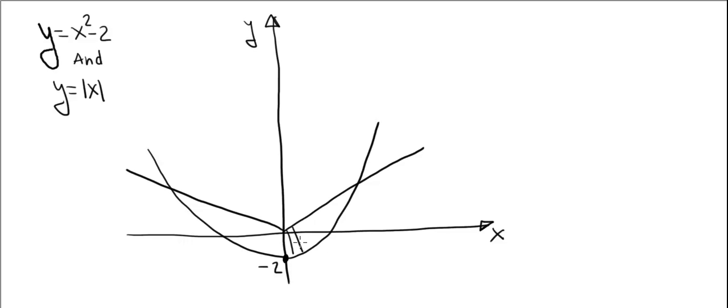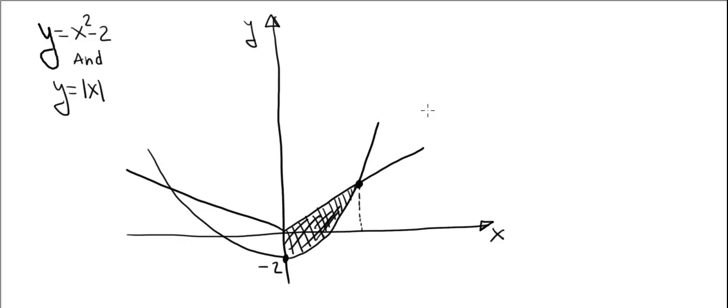So I'm marking now half the area, which is the right part of the area. If I can find the area of the right half, all I have to do is multiply that by 2 to find the whole area. We're going to need the point of intersection right there of the absolute value of x and x squared minus 2